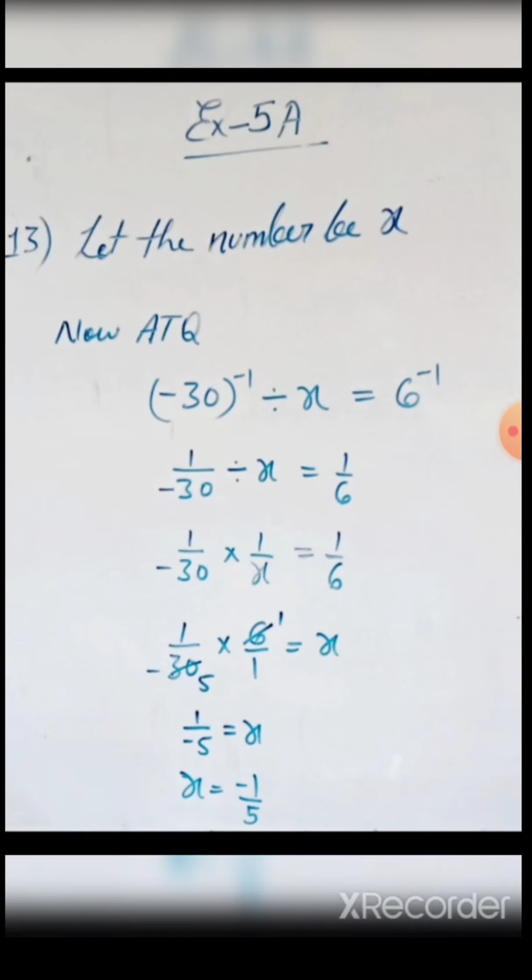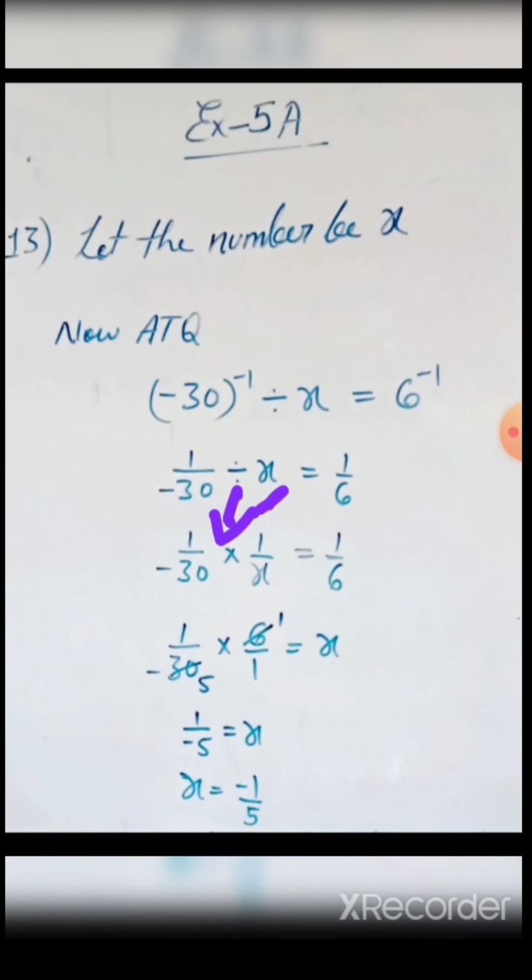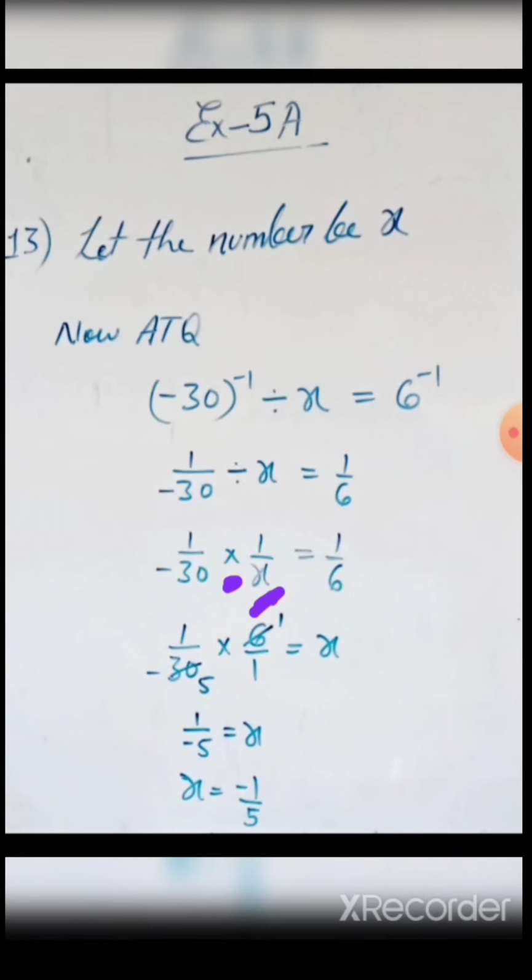So see, this is a rational number, we are going to divide it by x. So what we do is the reciprocal of the divisor always. Here we have done the reciprocal of x, and we will convert the division into multiplication. Both things we do in the same step. So the same thing as done here, multiply sign, and the reciprocal of x will be 1 by x, equal to 1 by 6 as it is.